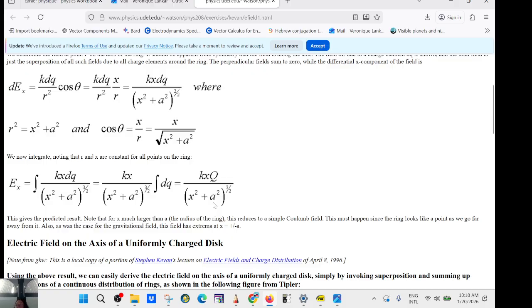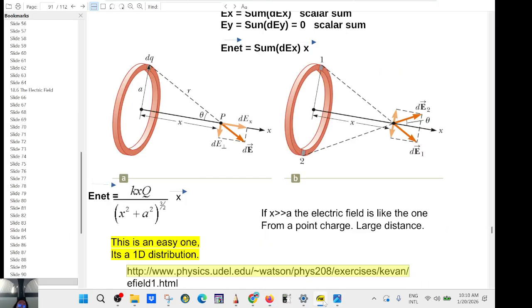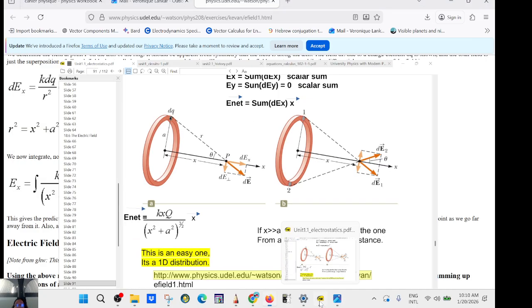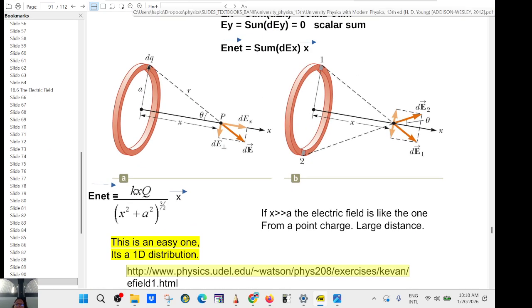Agree? I give you the result because before I used to go through the computation and I would lose like three quarters of students, so it's no use. You open your textbook and you will see it's worth it. Anyway, that will be the electric field at a point P at that distance, and the radius is A. Agree? And if you look at your equation sheet here,